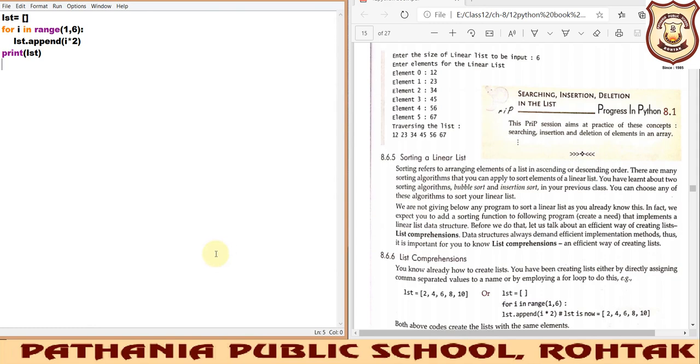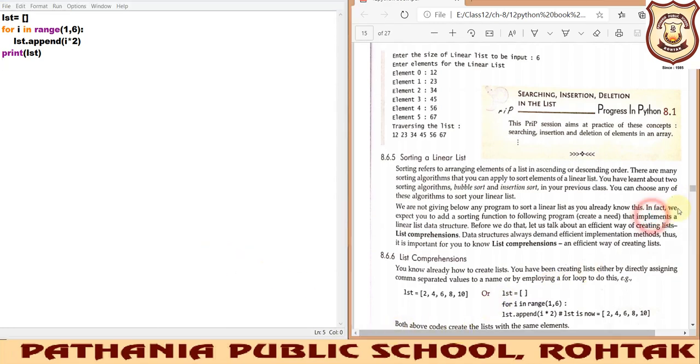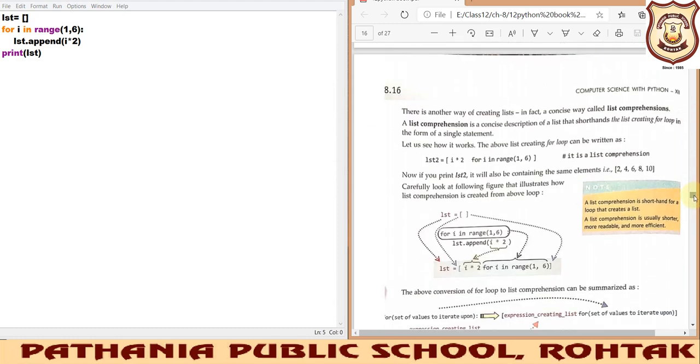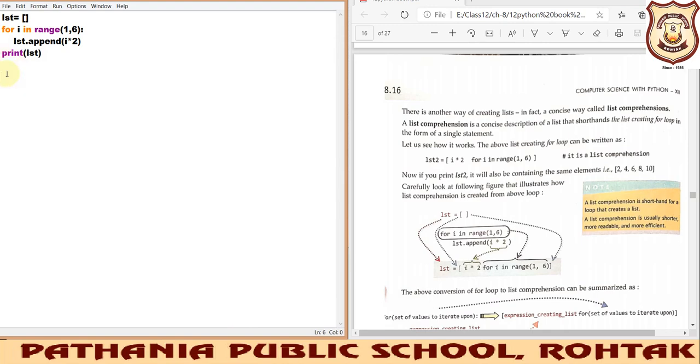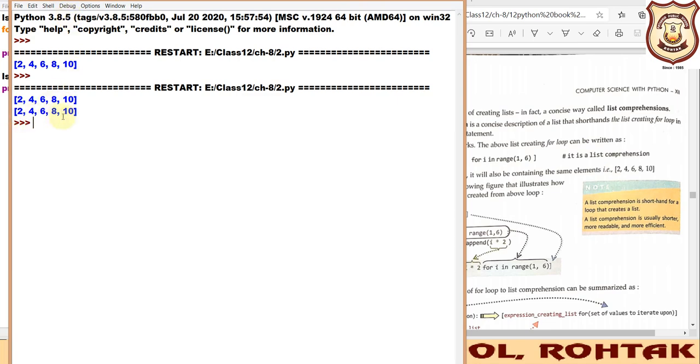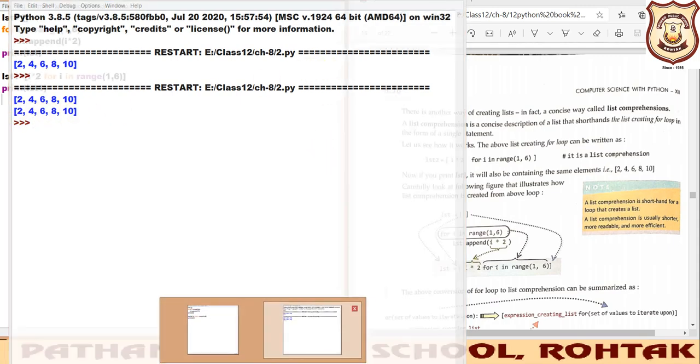Now what we will do, we will try implementing the same with the help of list comprehension. You can see with the same code the list comprehension statement will look like this, right? So let me copy it and paste it here. The same output you will be getting as you received in the previous case. So let me run it. You can see you are getting the same output when you implement the same code through list comprehension. Its function is totally the same actually.